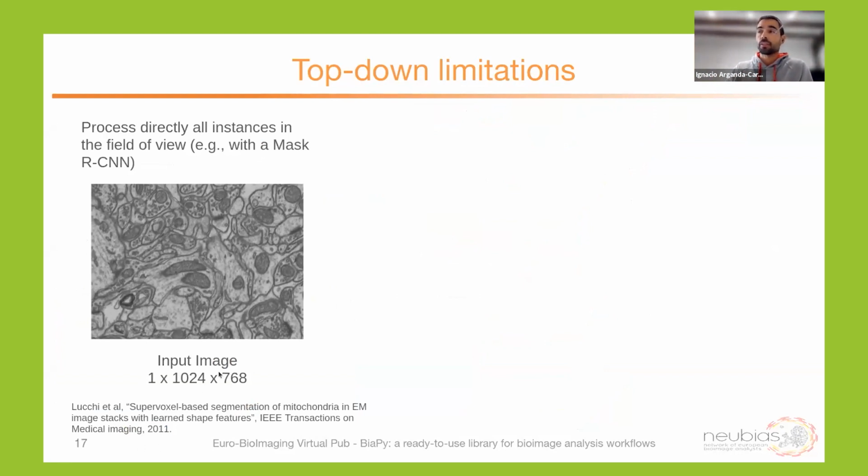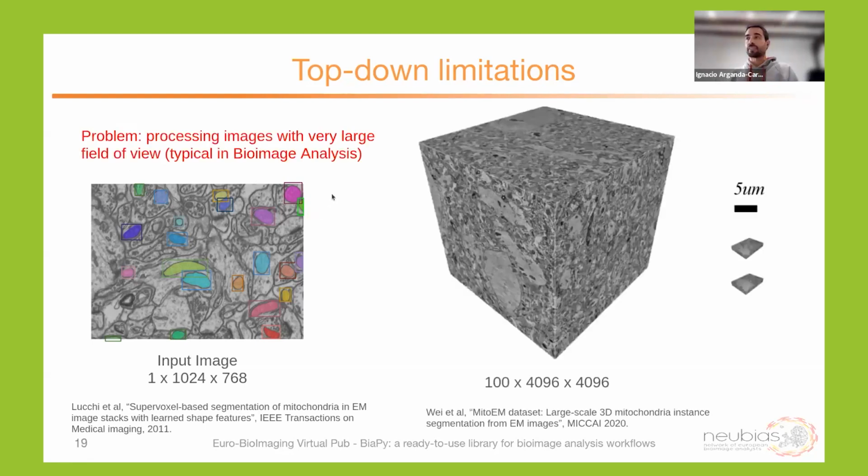So it's a typical one from FIPSEM, from mitochondrial segmentation. And then if everything goes fine, you have all the masks and all the bounding boxes of your mitochondria. What's the problem here? Well, as Rafa said, typically in bioimage analysis, we have much larger images than just the